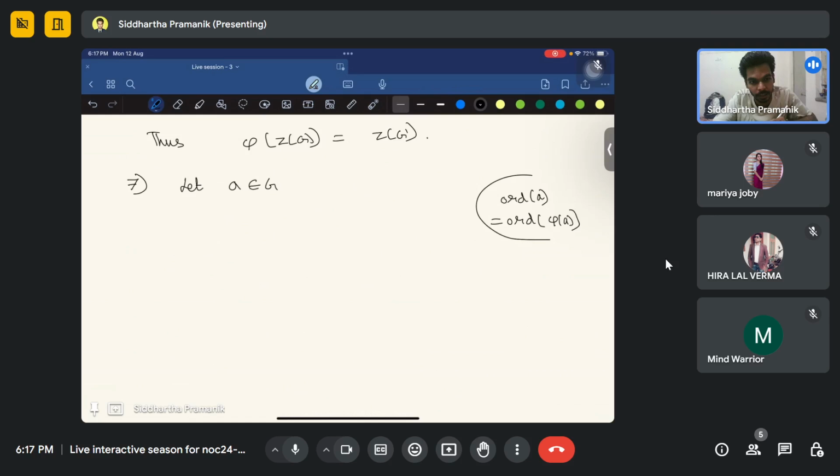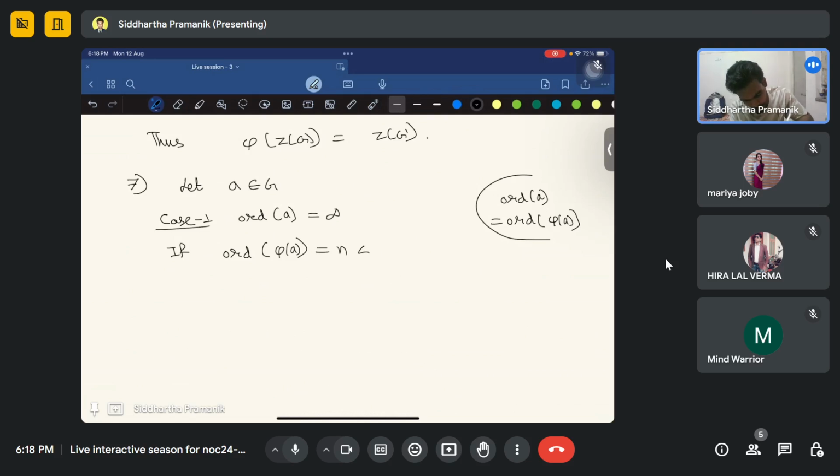So we need to break it into two cases. Case 1, when the order of a is infinite. So we need to prove the order of phi of a is also infinite. So if it is finite, then what happens? Let's check. If the order of phi of a, let's say it is n, which is finite,